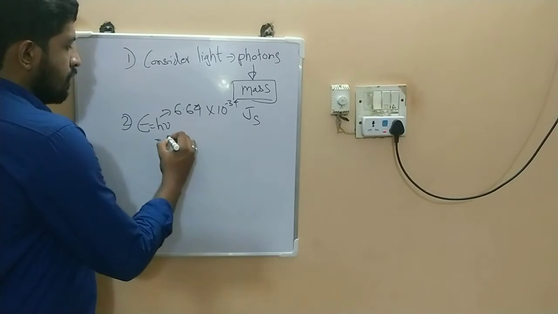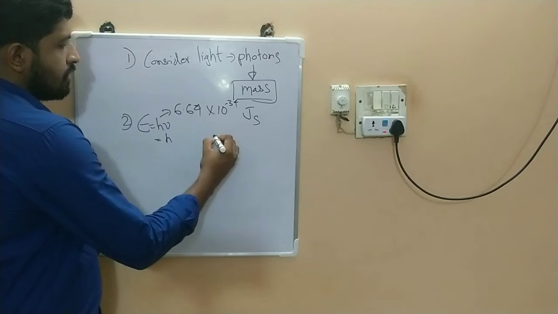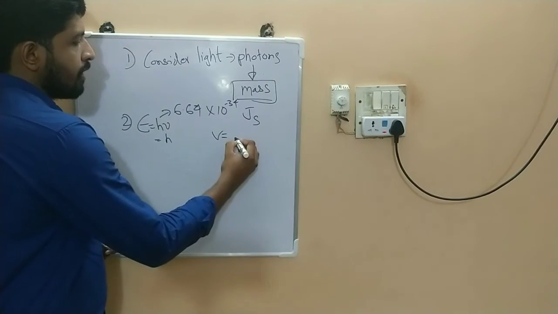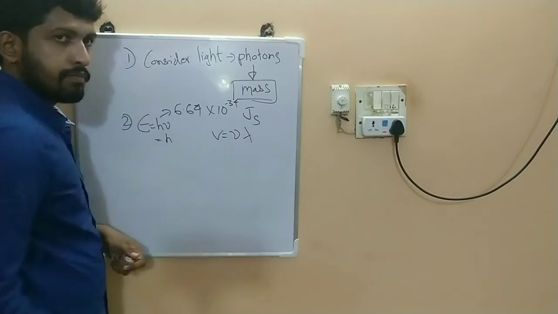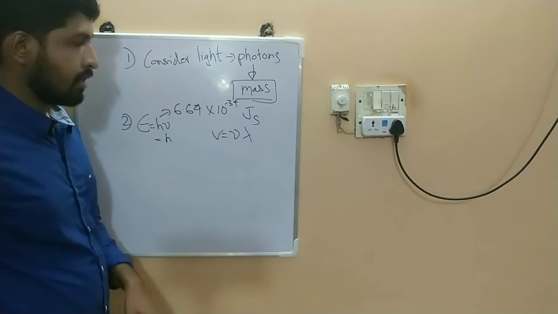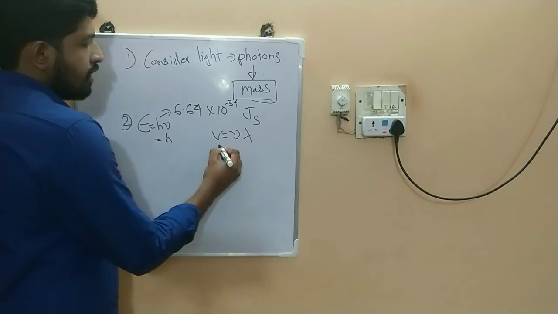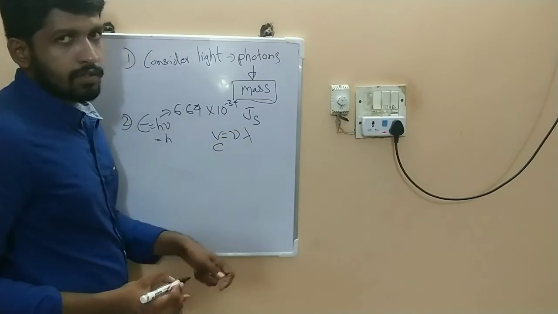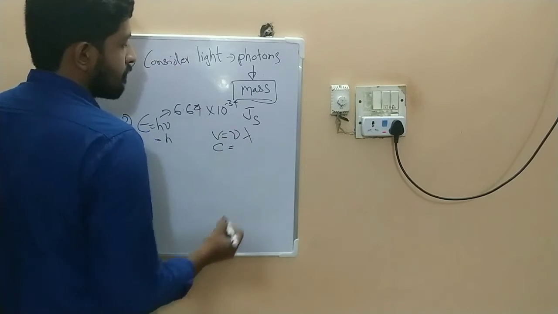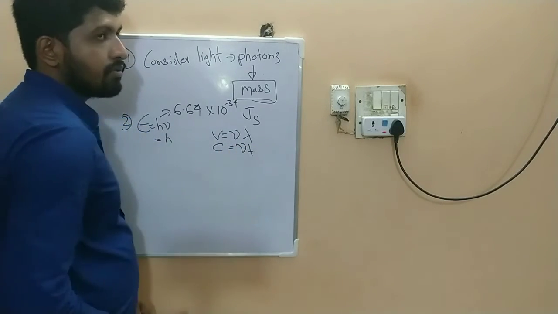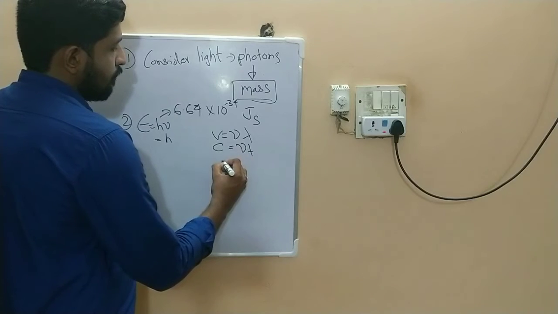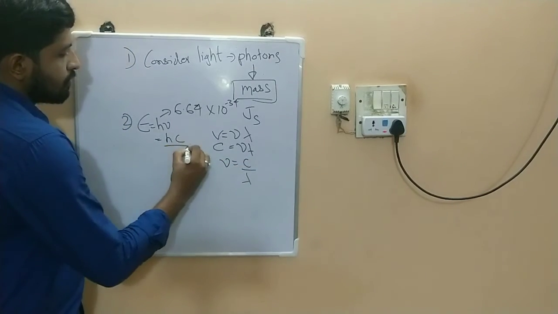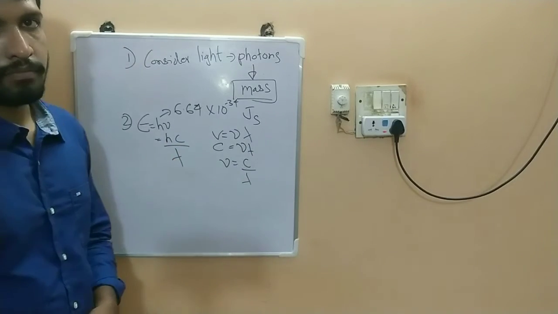So we can write the velocity v of a wave is equal to nu into lambda, which is the frequency into lambda. Here the light possesses a velocity of c, which is 3 into 10 raised to 8 meter per second. So nu into lambda is equal to c, so we can write nu is equal to c by lambda. So this equation can also be written as E = hc by lambda.